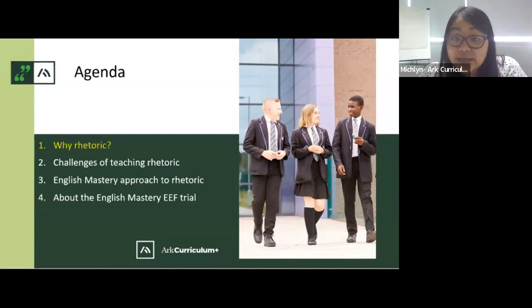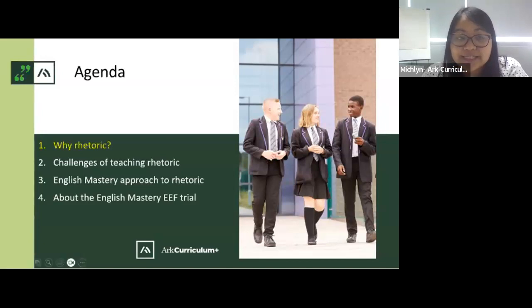So it looks like Key Stage 3 is actually in the lead. So the majority of you in this webinar actually teach the unit at Key Stage 3, which is amazing. And those of you who don't, 40% of you teach it in Key Stage 4. So I'm just going to quickly share the results there. Brilliant. Thank you so much for taking part. Okay, so some of you already teach rhetoric, which is